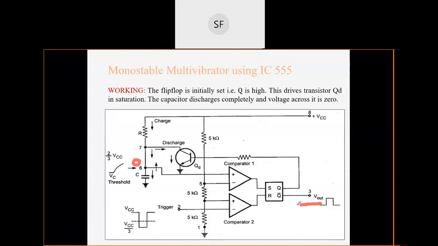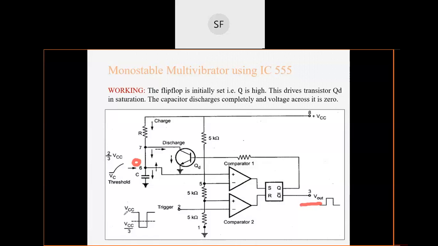So now the output of IC 555 will be in stable state only. That means if you have not given a trigger, in this case the situation is that the discharge transistor is short circuited, and whatever voltage was initially across the capacitor has also been discharged by following this path, and the voltage at pin number 6 will become 0 volt. So this is the scenario, and your output will be at 0 volt. Okay, so this is our stable state.